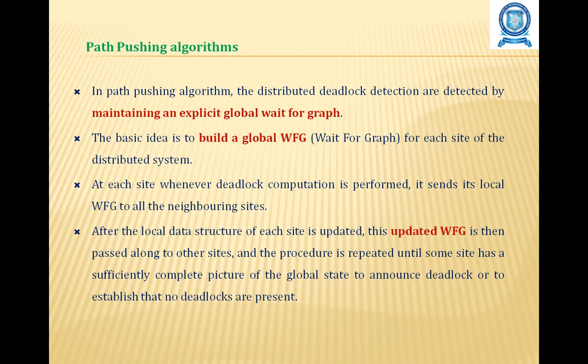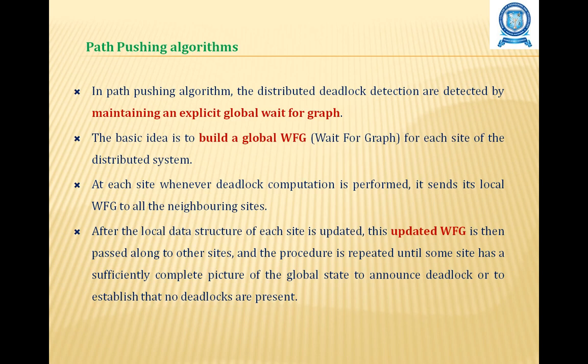In path pushing algorithm, distributed deadlocks are detected by maintaining an explicit global wait for graph. The basic idea is to build a global wait for graph for each site of the distributed system. At each site, whenever deadlock computation is performed, it sends its local wait for graph to all the neighboring sites. After the local data structure of each site is updated, this updated wait for graph is then passed along to